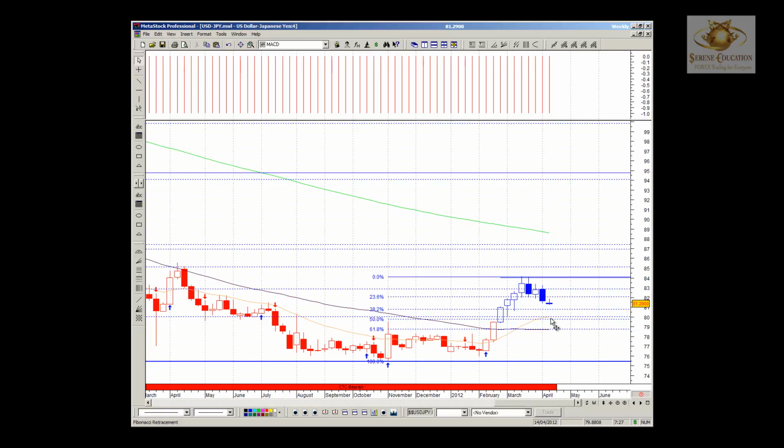Break below that would take us down to the 50% line here of the fib retracement, which happens to be the 80, a very strong psychological resistance level in the past, and support. So that'll be a genuine second level for targets. So if we look at the daily,